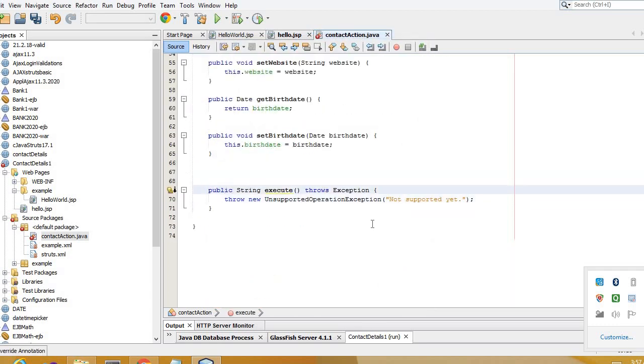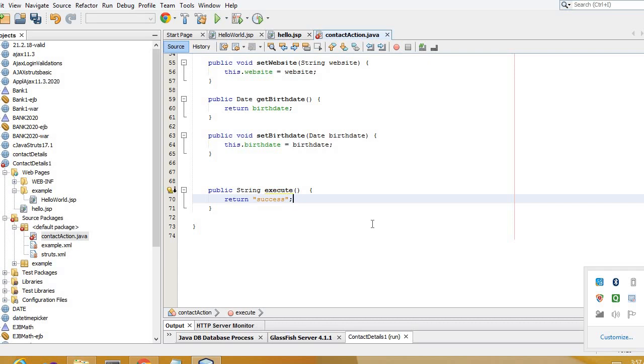Now here there is by default one method called public String execute. We'll just return success over here since the return type is String, right? Okay, once this is done, let's write our controller, that is the struts.xml and web.xml file.